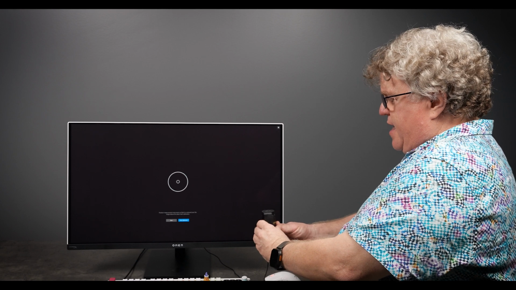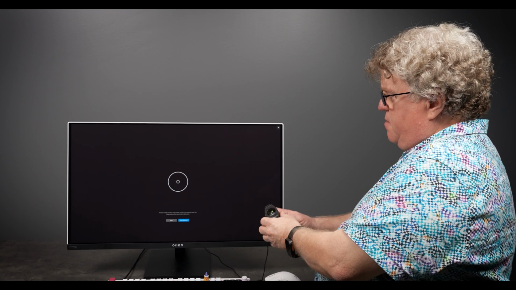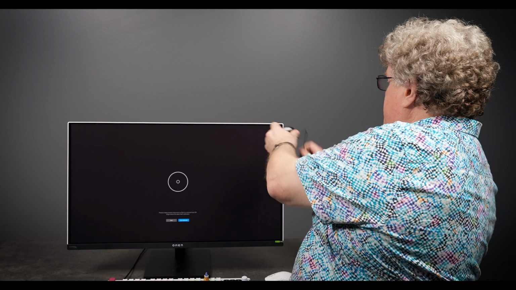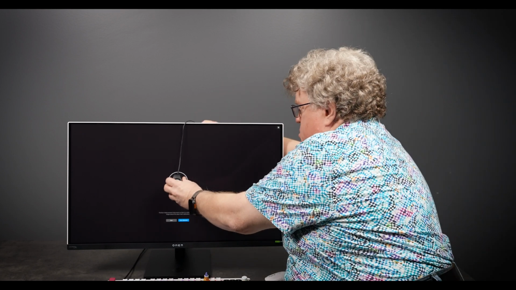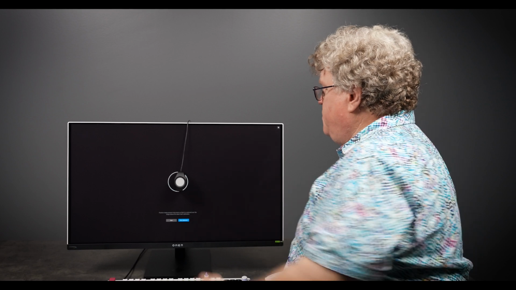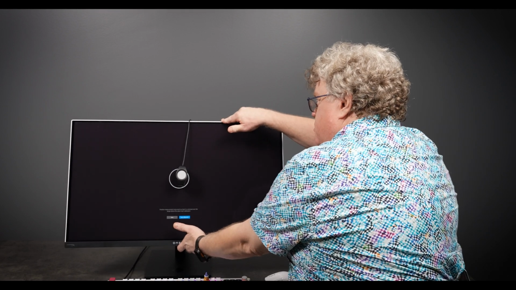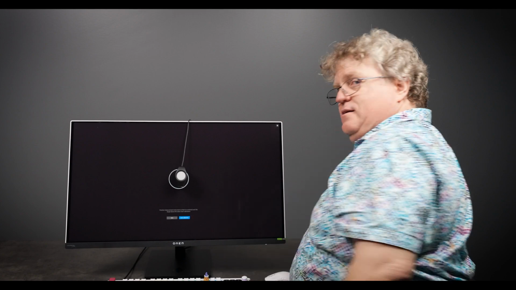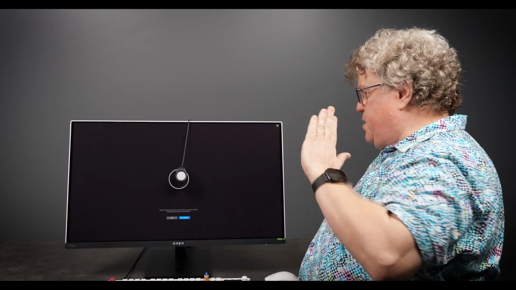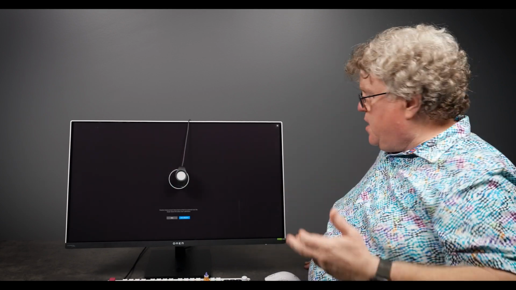For the case of the Calibrite, I need to open the lid up so that this area is revealed. And using the counterweight, I am going to hang it on the monitor. And notice something, do you see how it's a little wobbly here? I recommend that you tilt your monitor back so that you get a nice hard fit. If you don't have a hard solid fit, there's a chance that some light will leak through there and you'll get inaccurate readings and you'll have a bad calibration.